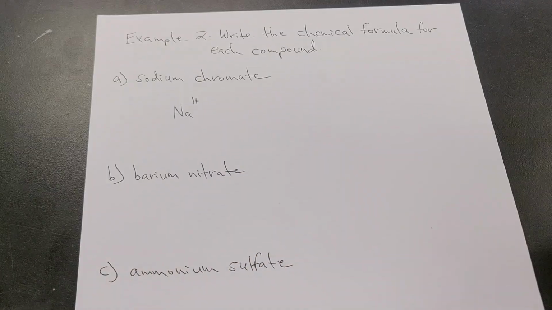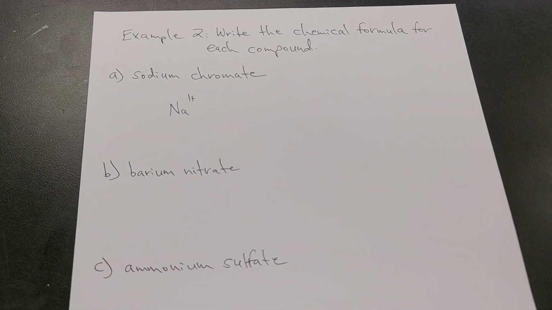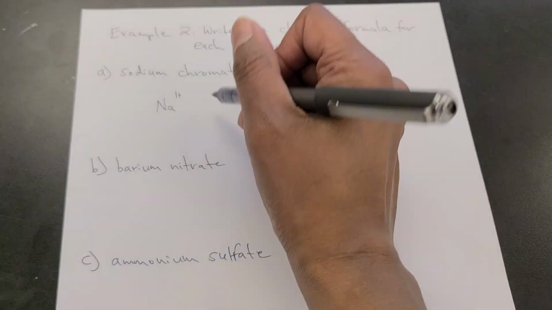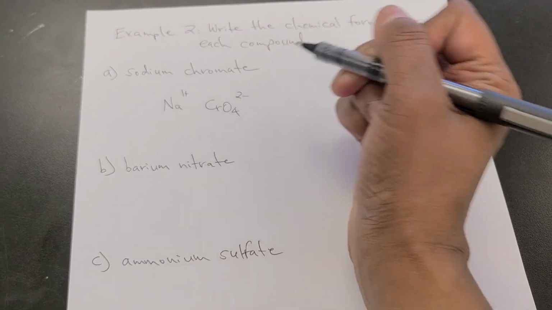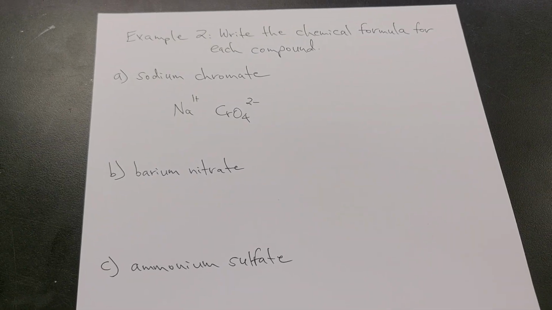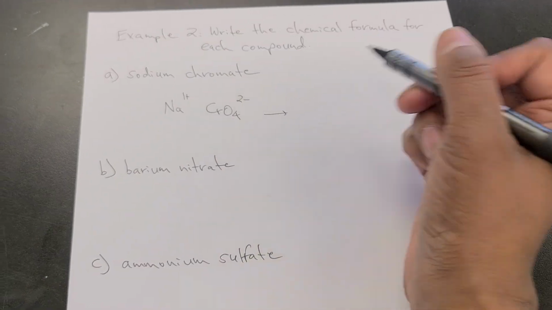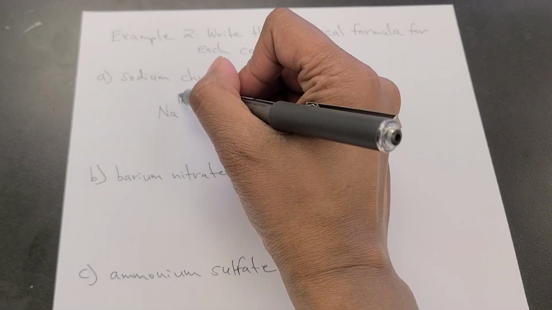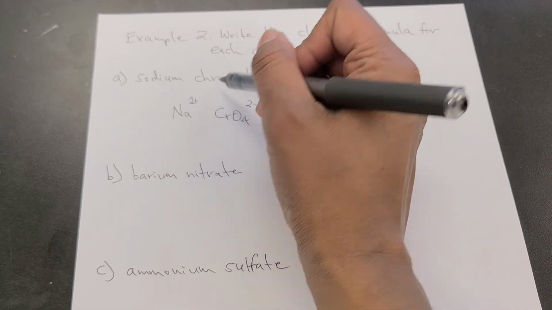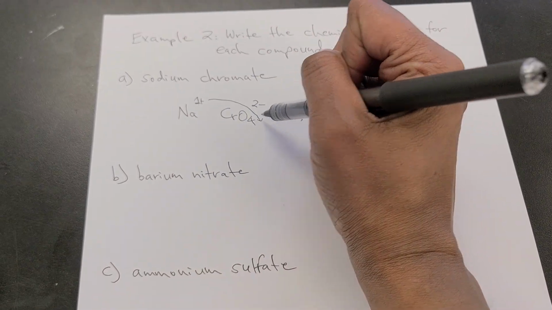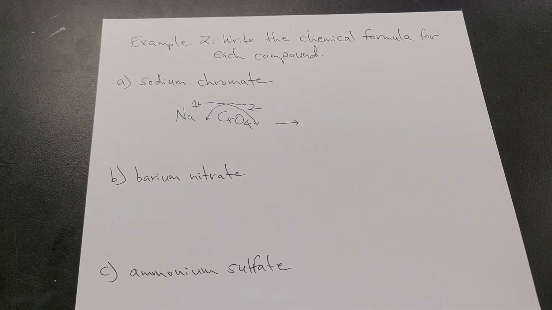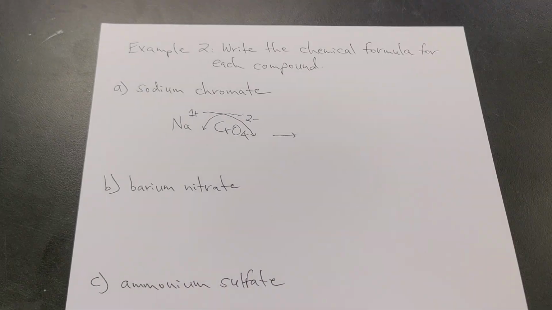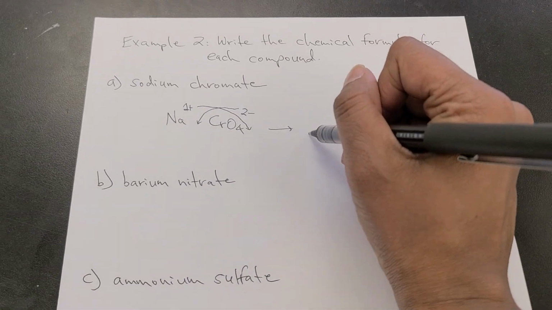Sodium has a charge of 1+. Then you're checking your table for chromate. Chromate is CrO4. The charge is 2-. I'm going to use the crossover method. Now look very closely. Let's make the 1 like this. The 1 is going to cross over to the opposite side, and the 2 is going to go in between the actual element and this compound. So it becomes